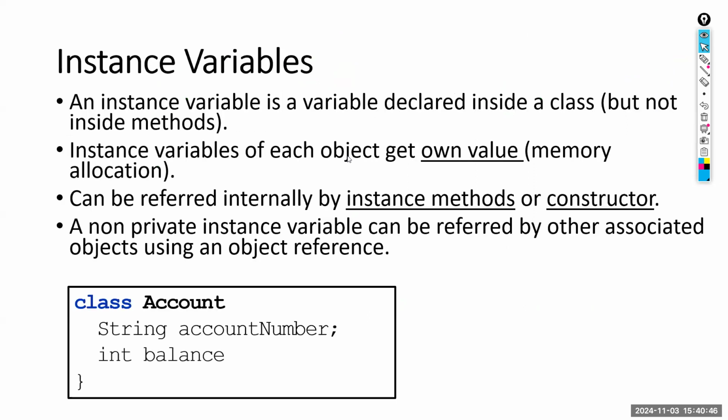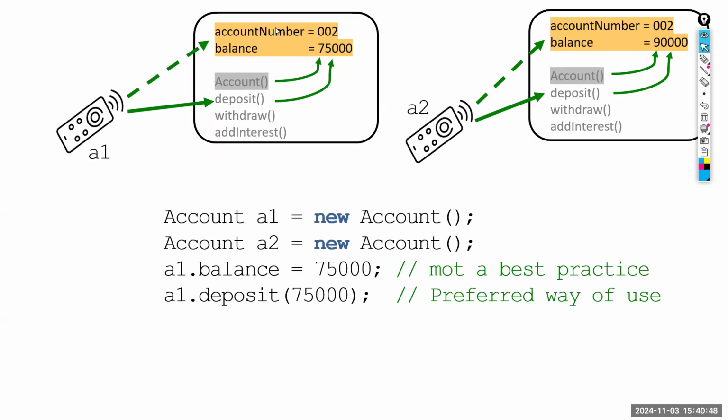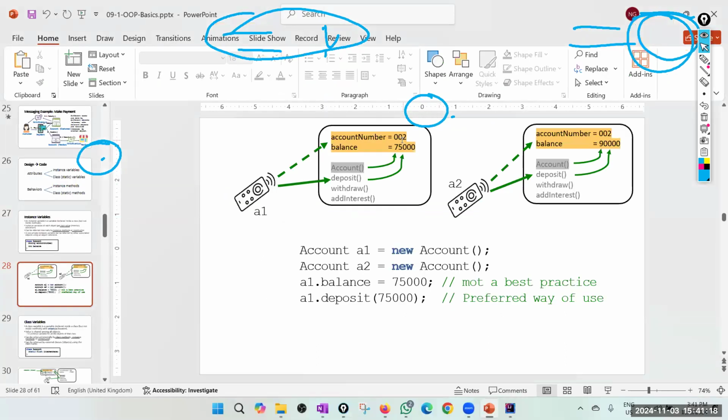Right. So instance variables, every object has its own values or memory allocated. A1 object, A2 object has its own values. Let's assume these are the memory locations. When A1 refers to something, those are A1's values. A2 refers to A2's values. Then those can be different. Actually, this account number must be something else, otherwise you will get confused. Okay, let's say this is 001.